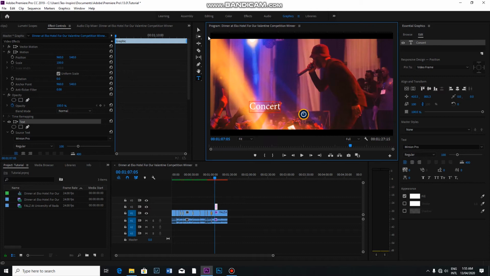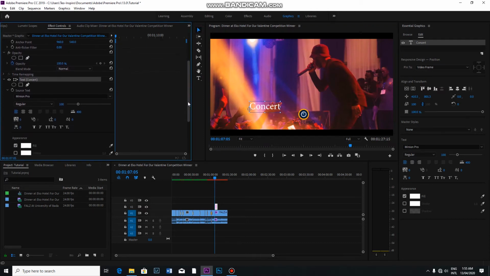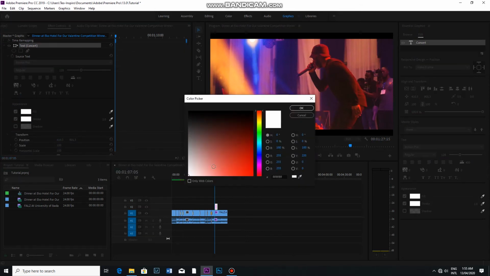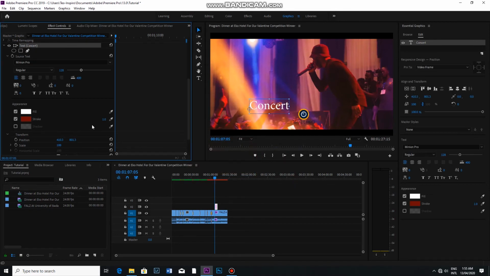Okay, then go back to selection, and when you go to the source panel, under effects control, you can now edit the text, increase the size of the text, add a stroke, change the color so that we can see the changes. Okay, increase the size of the stroke so you can see that now. So that's one way to add text